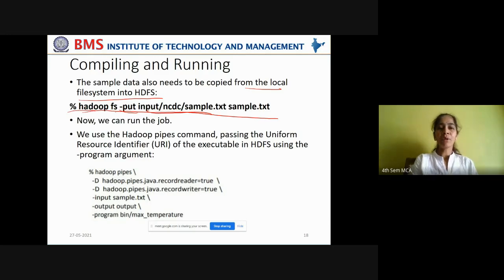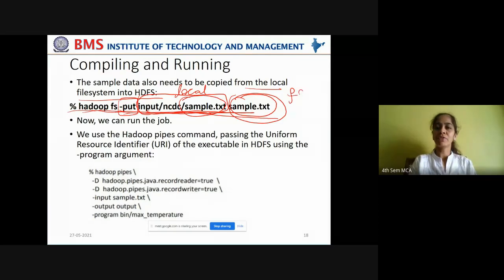Using the put command, you are transporting the local file sample.txt onto the file sample.txt on the HDFS cluster. So this is the input file from your local system that you're copying onto the HDFS file system.